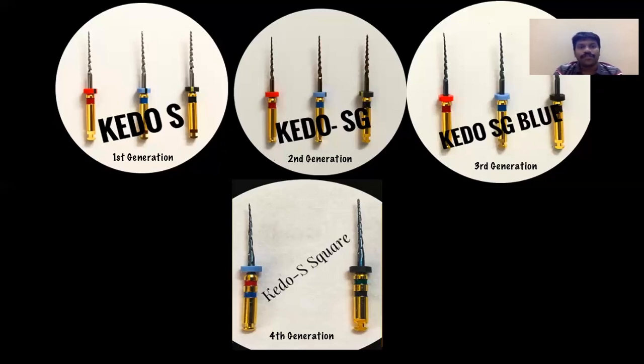Now, how do you check whether the canals are narrower or wider? You take a 15 size K file and place it inside the canal. If you have a snug fit, it means the canal is narrower. You can use the D1 file, which is red color coded, and complete the biomechanical preparation. If you feel the 15 size file has a loose fit, you can use the blue color coded file and complete the biomechanical preparation in the molar tooth.